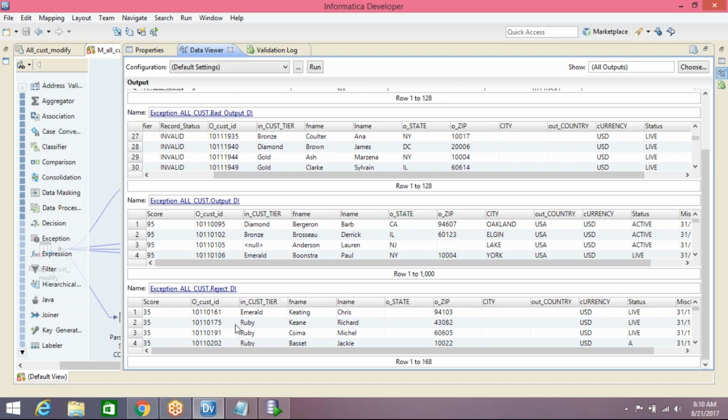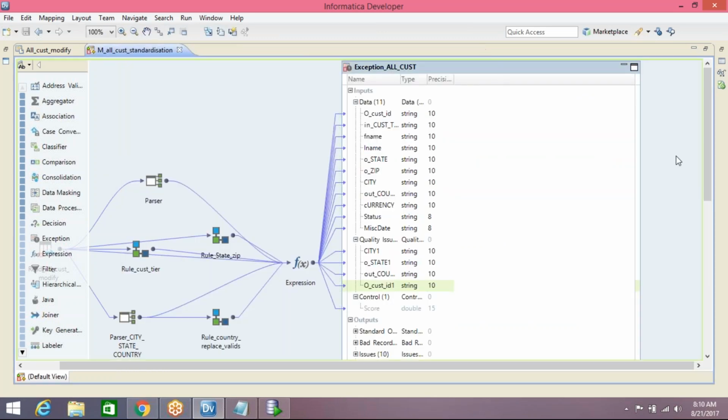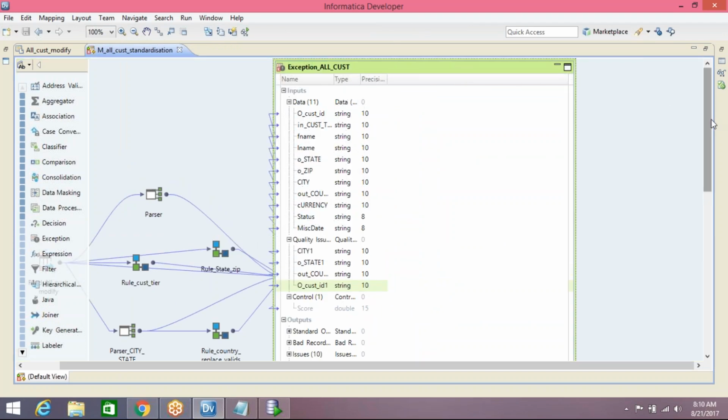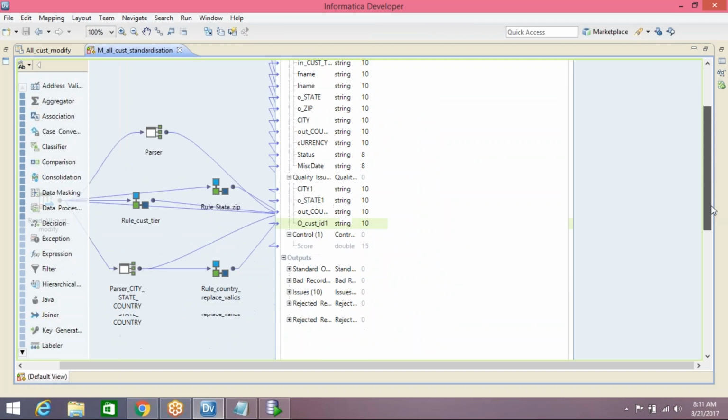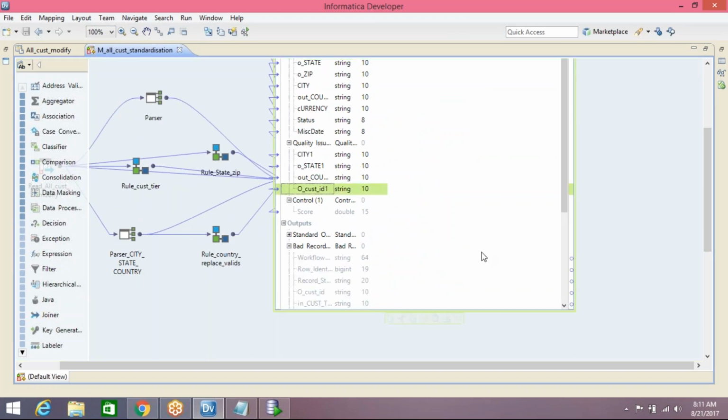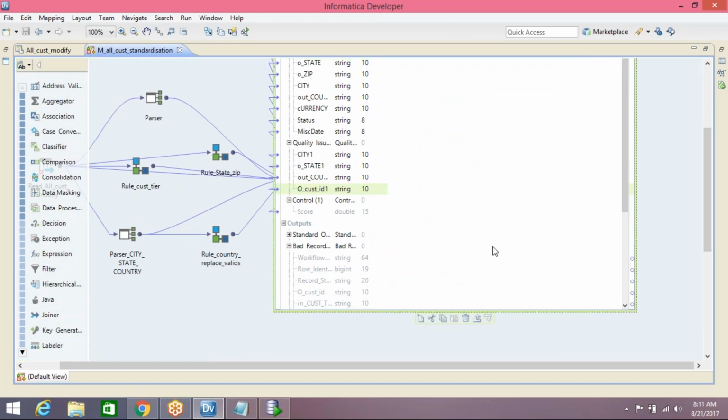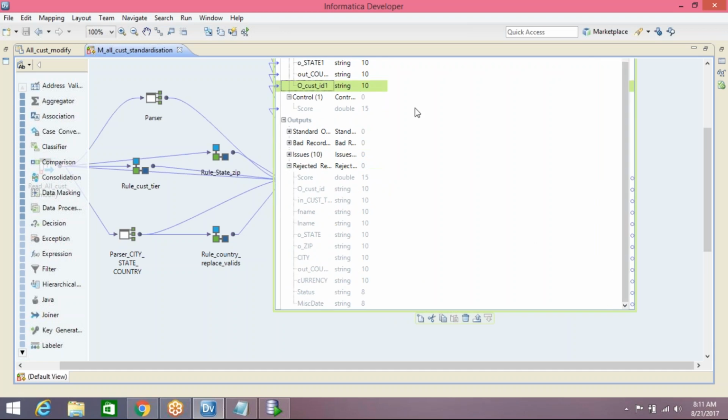So that's why for review, if you look into the reject records, the score is 35. What is the issue? State is null, city is null, country is null. Because all these three attributes are null, the score is 35 and those records are rejected. We will connect to different flows. Standard output I will connect to match and bad records. Reject records I will connect to